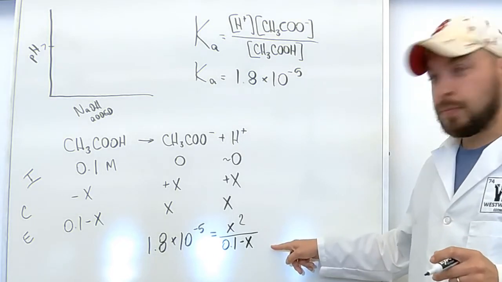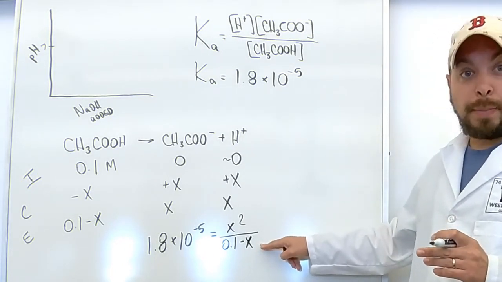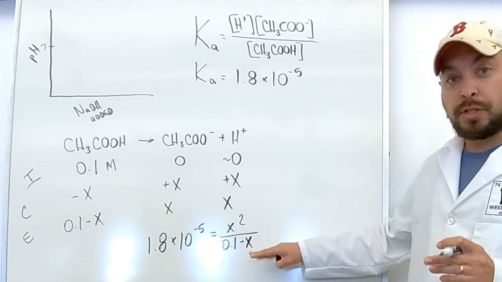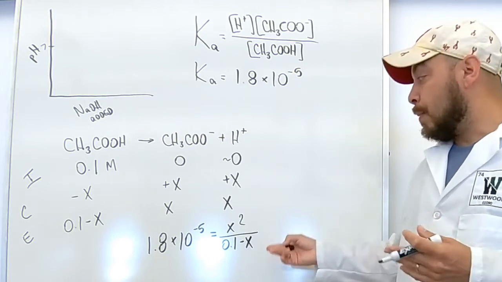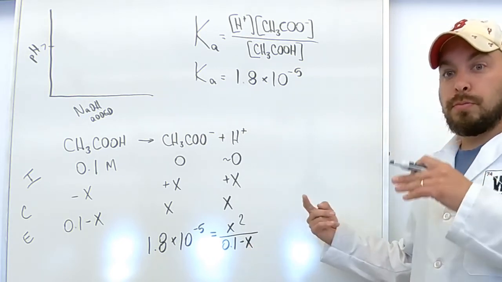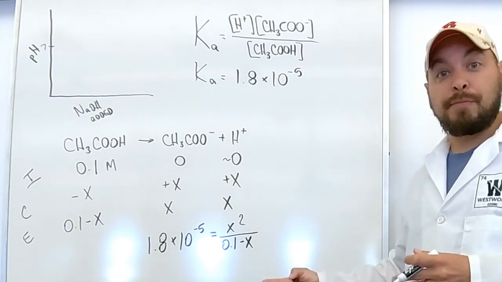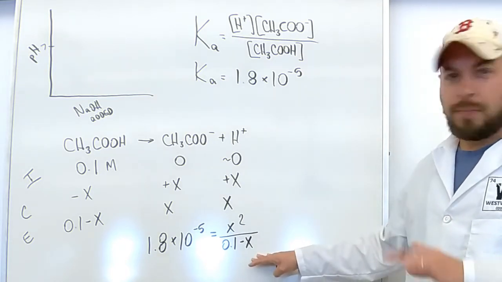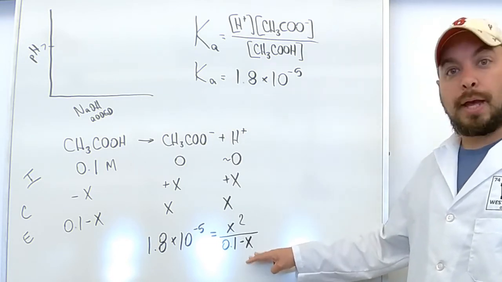Now here's the thing. We're going to initially ignore x at the bottom here, this minus x. We're going to ignore it just for a minute. If that x value is big, and by big, I mean bigger than 0.005, then we will need to revisit this because that's the 5% rule. But if it's less than that, we can continue to ignore it and we're just fine. So in this problem, x equals